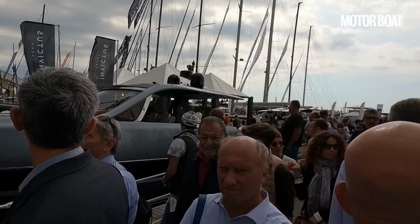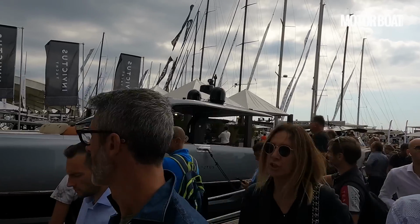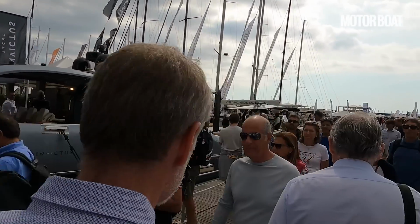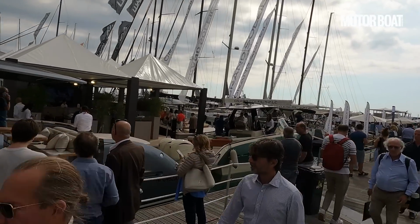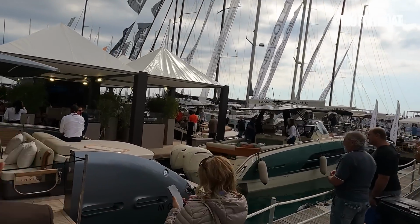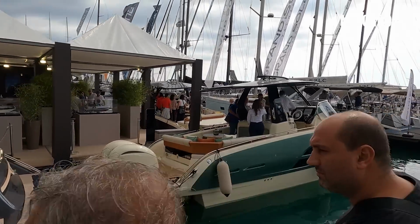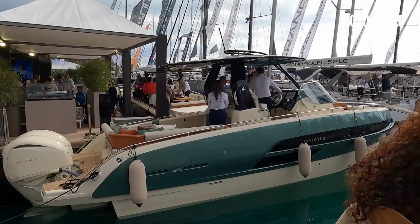It's interesting because it's the GT320, and rather than being the inboard model we've already seen, it's the outboard variant of that, so it gets the S suffix, hence GT320S. It's just over here. We'll fight our way through. There we are. As you can see, equipped with a pair of outboards there, Yamaha F300s in this case,